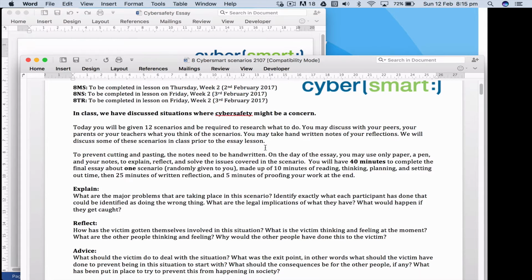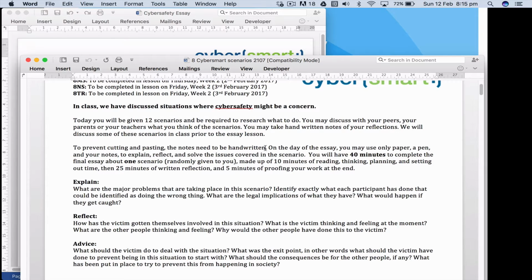I'm happy to share this with you. What I'd get the students to do is we bring them up, and as a class, I share them, and then they discuss them in small groups, and they just discuss each scenario. We go through the scenarios as a whole class. Then what I do is I give the students a handwritten essay. Now, I know I love ICT and technology, but I get them to do it as an essay because that way they can't use technology. They can't go and look up what they think the answer is. Instead, they have to use whatever's in their brain. You could do an essay on the computer but lock down the internet or so on, but I just like doing it as a handwritten essay.